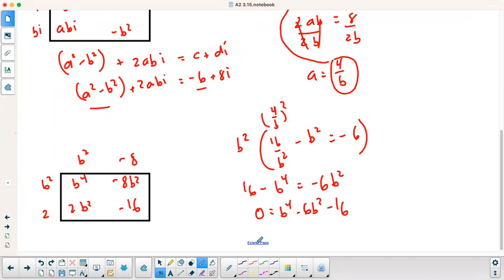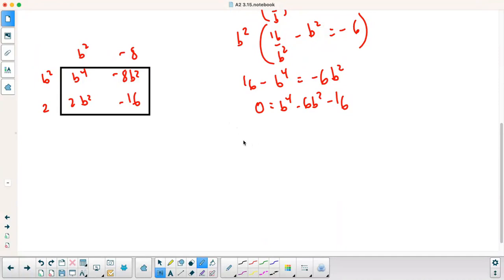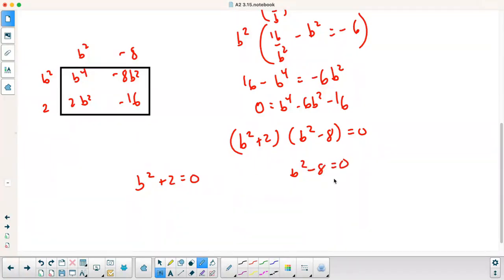So what ends up happening is this gets factored into b squared plus 2 times b squared minus 8. What I have to do is set each one of these equal to 0. Lucky for us, we can just move the constant over and square root both sides. So this is going to be b squared equals negative 2, and I get b equals